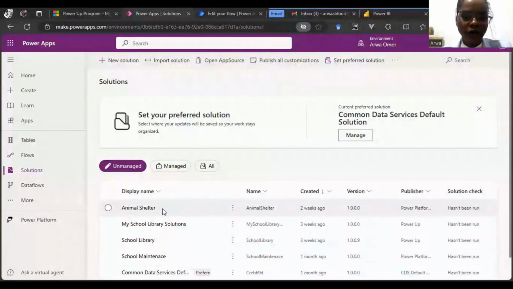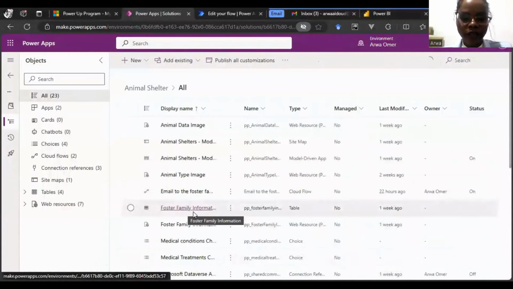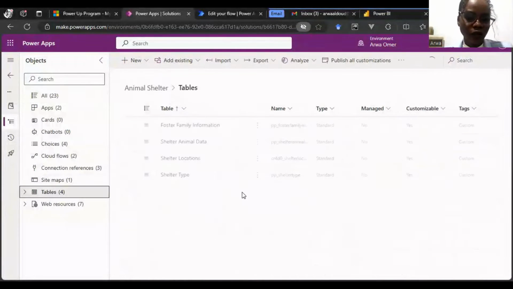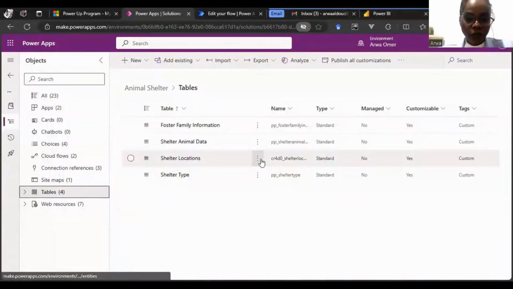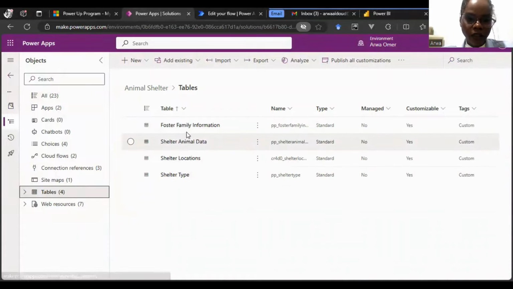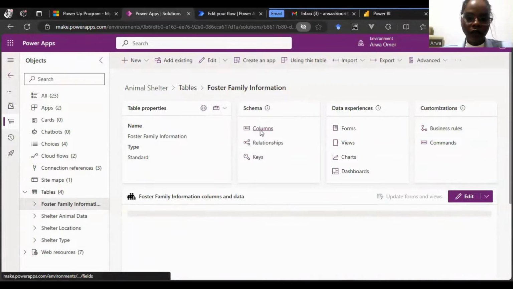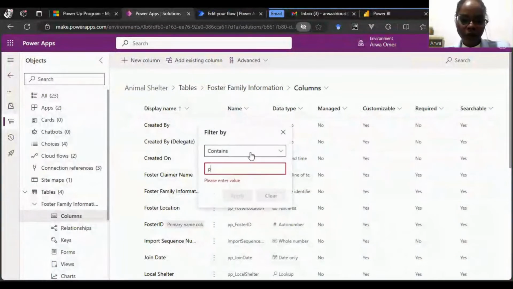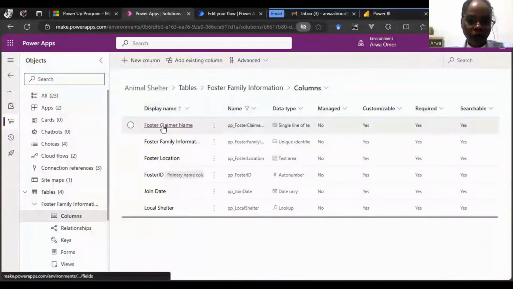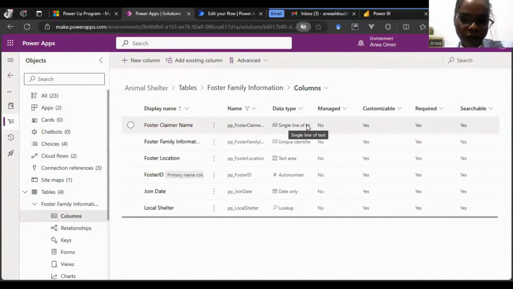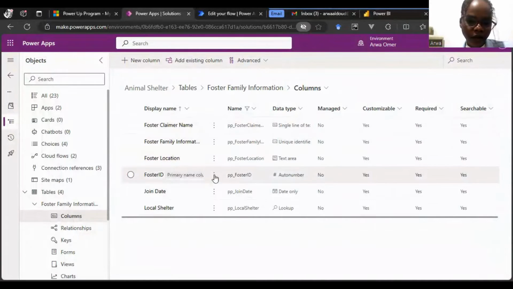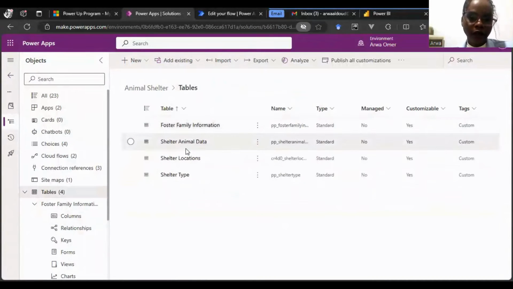The first requirement was to create Dataverse tables and load the provided data into Dataverse. So first I used Copilot to create the shelters locations table, just uploaded the data and checked that the data types are the same as the requirement. Then I created the foster family information. Let's check the data types. Here the foster family's name data type is text, and location is text area, then join date, and local shelter. Local shelter is a lookup with the shelter's location table. Finally, we create the shelters